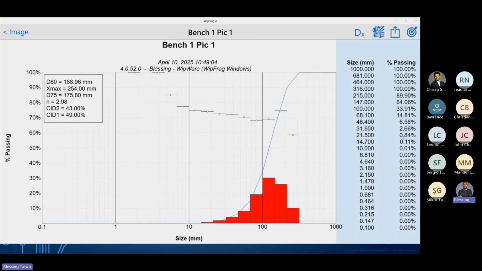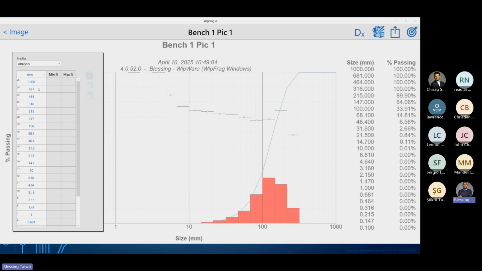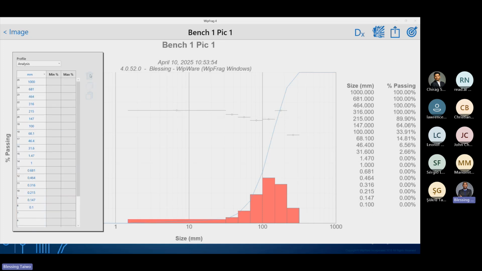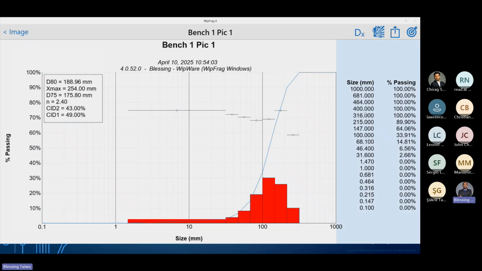Then this is the sieve set, which is adjustable to fit your requirements. Maybe you are not interested in the material in the range from 100, or maybe material from 21 downward. You don't have any material in that range, so you can easily delete them. Then if you have other sizes of interest, maybe if I have a crusher of 400 millimeter, what will be the performance? You can easily include that size, and it shows everything in this image that will go through a 400 millimeter sieve or crusher inlet.